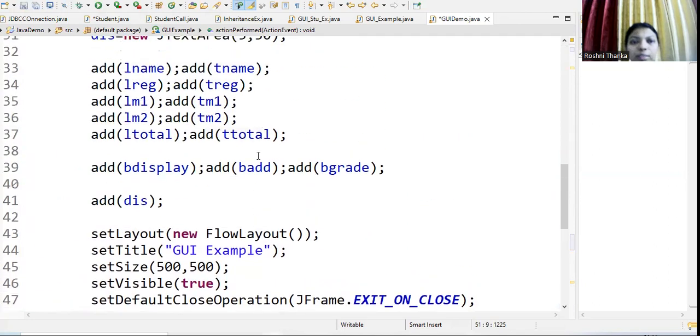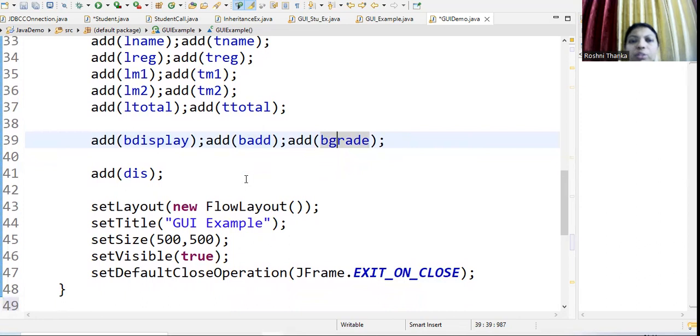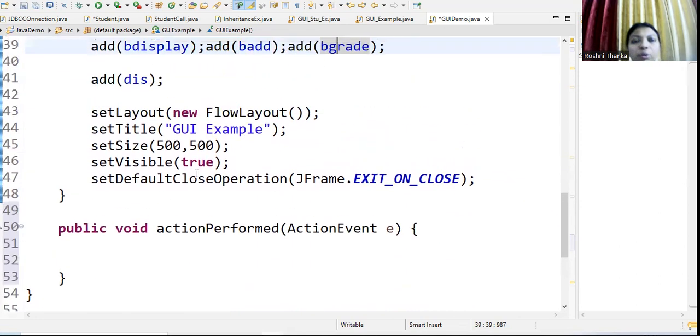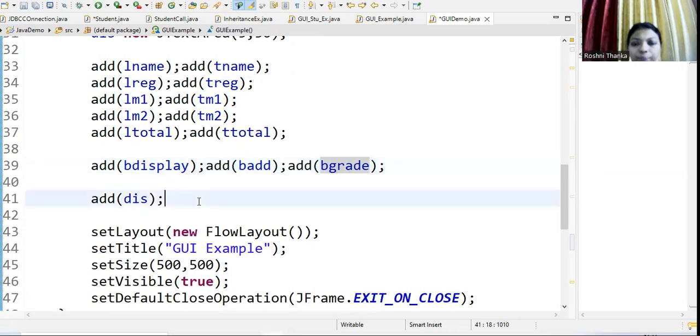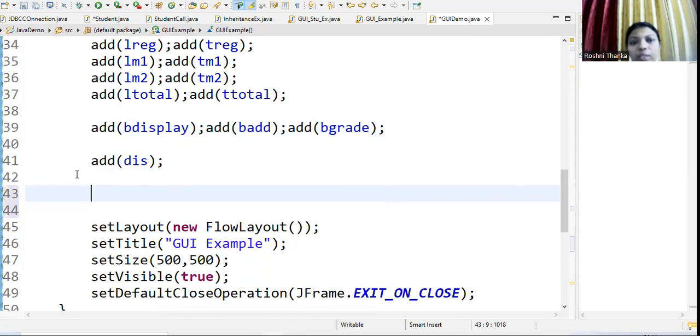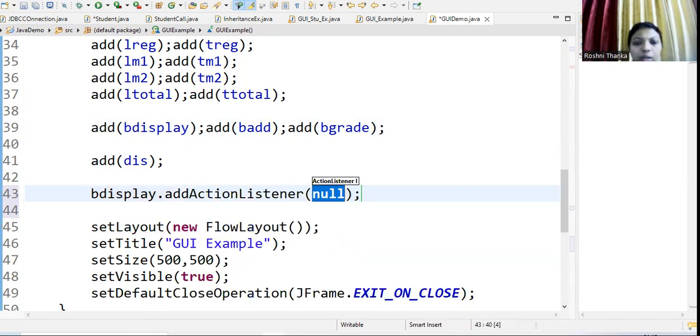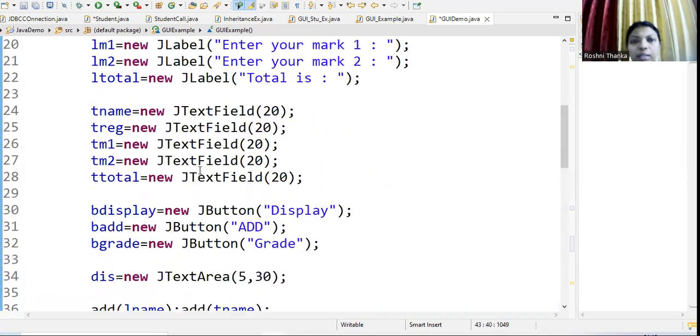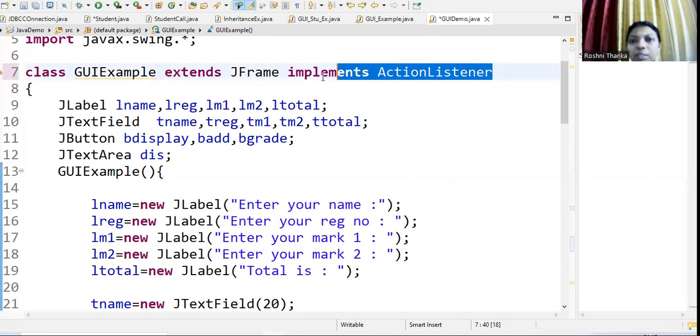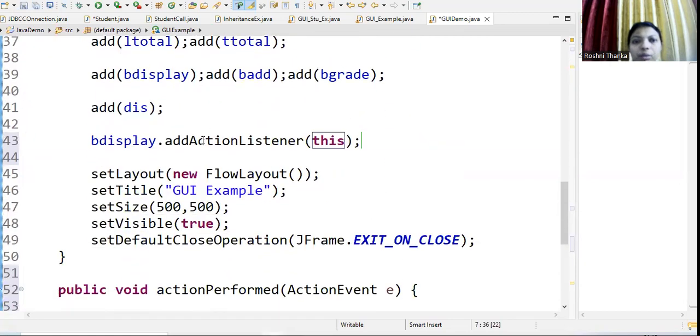Here I have three buttons: one to display, one to add, and one to display the grade. I'm going to link each button with this function. First, for the display button, I write dot addActionListener of this, giving the object of the current class which implemented this ActionListener. Whenever I click on the display button,